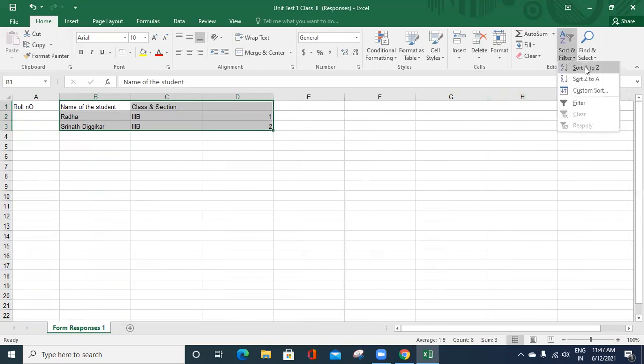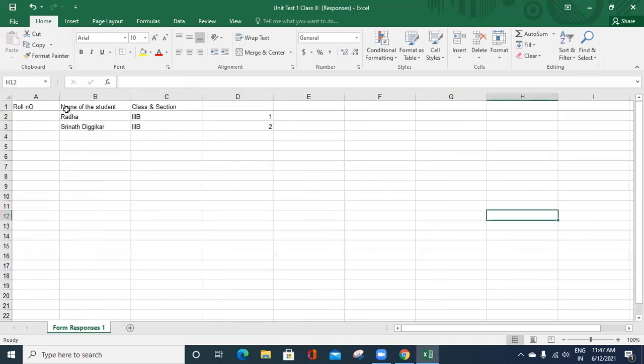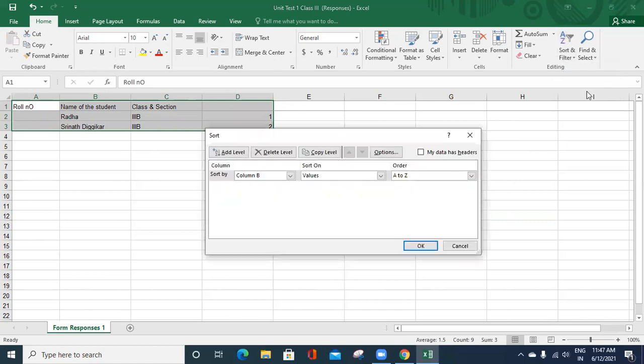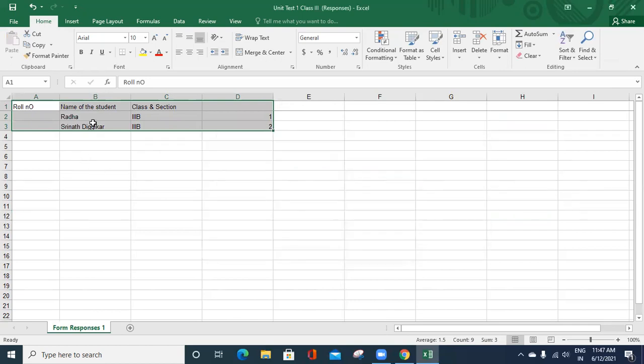Go to Sort, then A to Z. Or you can select the roll number and all this, then go to Custom Sort, then choose which column you want to sort by: names, column B, with values A to Z. Okay, it is already in order, so that's why it is showing like this. Marks will come, and according to that, the child's roll number will also be there.